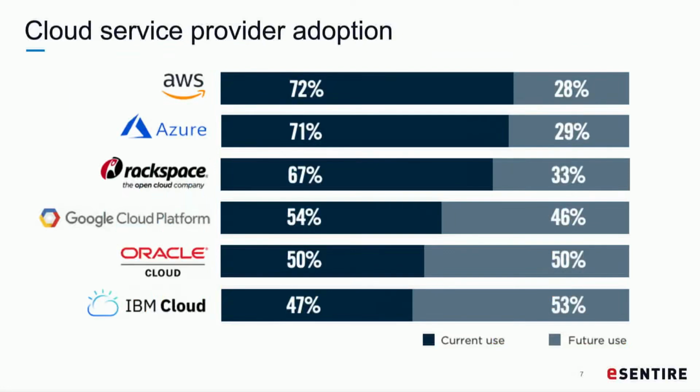What I have here is a diagram that shows cloud service provider adoption. I called it the big three earlier with AWS, Azure, and GCP, but that's actually not the case right now. This is a survey from about 400,000 InfoSec field people from LinkedIn, and they said that Rackspace is actually third right now, but GCP is going to outstrip them fairly soon. For the purposes of this talk, we're trying to stay within the realm of AWS and Azure. We may change this talk later on to include GCP, but we'll stay within that realm for now. The important thing to know is that a lot of these concepts do apply to other cloud service providers as well.